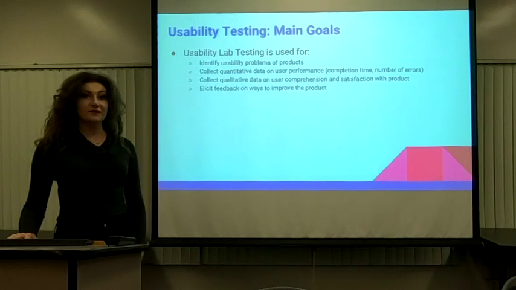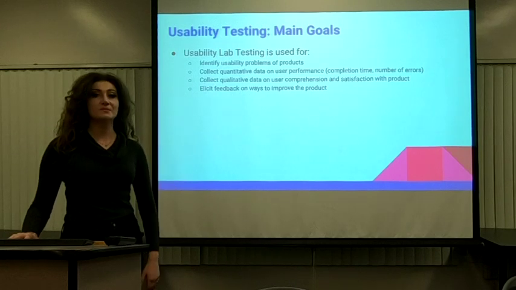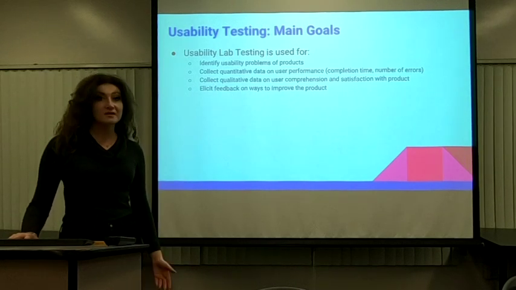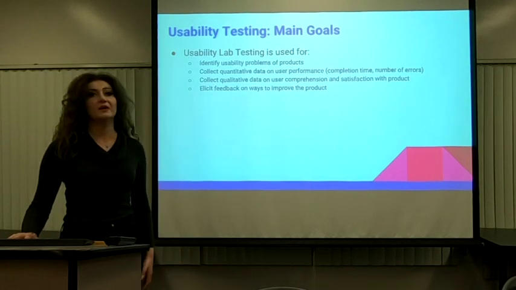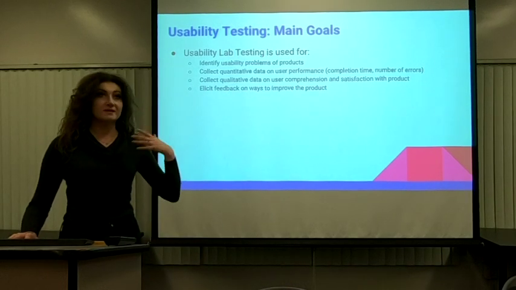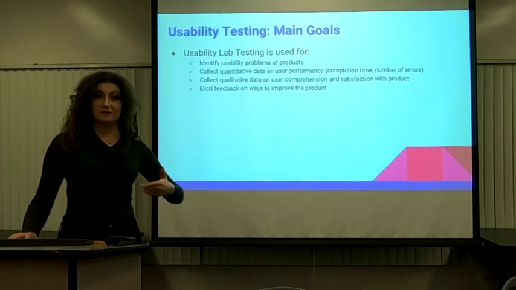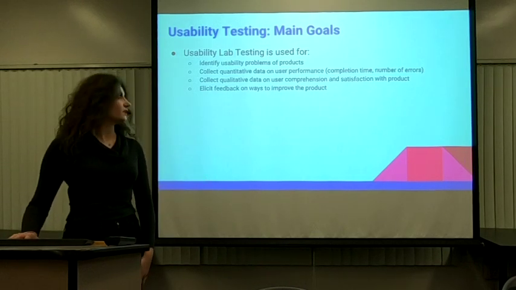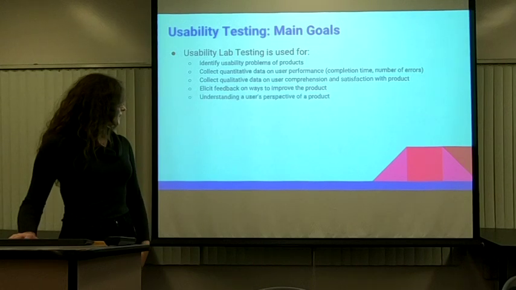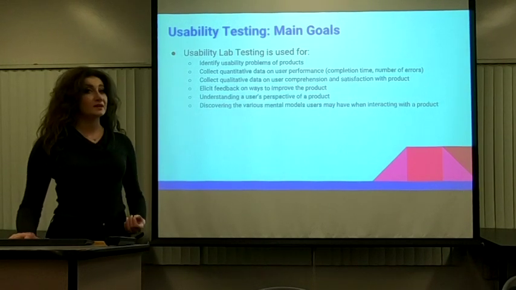Additionally, we can elicit feedback on ways to improve the product. So if you say that the icon was too small, that's a really easy fix sometimes. You could just make it a little bit bigger. If it's a color change, or a different location, if everyone is constantly looking to the left and the icon is on the right, that may also be a sign that perhaps we should move the icon to a different location. So we really want to understand a user's perspective of the product and not the designers' and